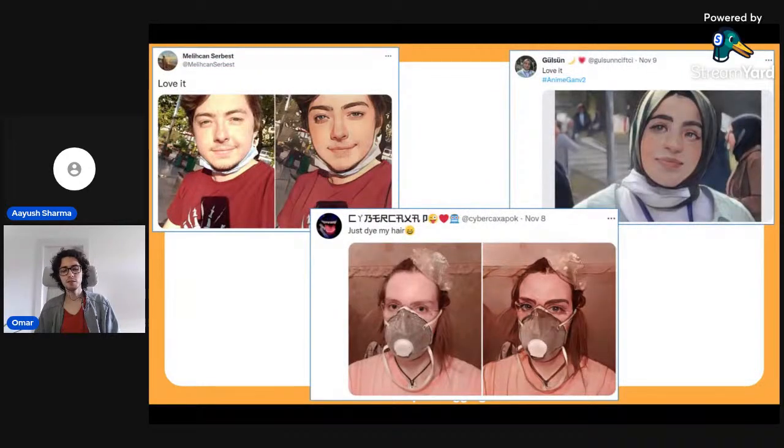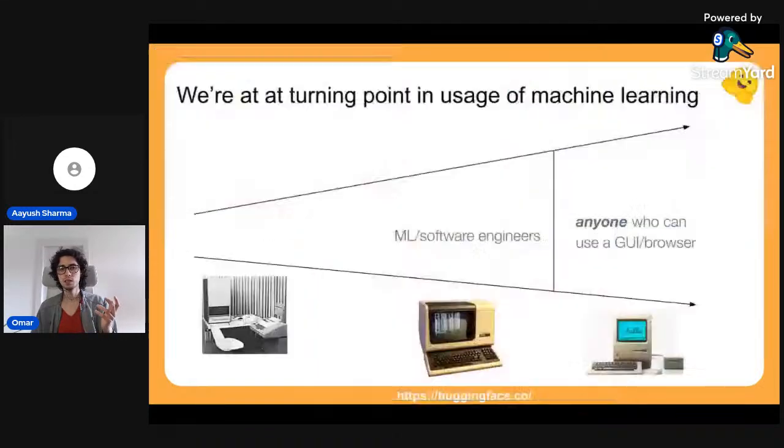And these demos actually have been quite impactful. These kinds of demos have been able to get to trending places, so they get to social media, but it's not about getting to social media. The cool thing here is that non-ML engineer people, so people that might not know much about ML engineering, are able to interact with these ML models. And it's very cool because here we are lowering the barrier for anyone that has a browser to try out these demos.